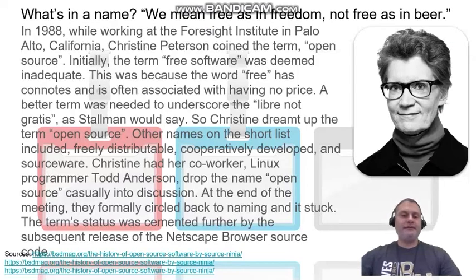Alright, what's in a name? Well, the name open source software is attributed to this lady, Christine Peterson. Well, in 1988, while working at the Foresight Institute in Palo Alto, California, Silicon Valley, Christine Peterson coined the term open source. Now, initially the term free software was deemed inadequate. This is because the word free